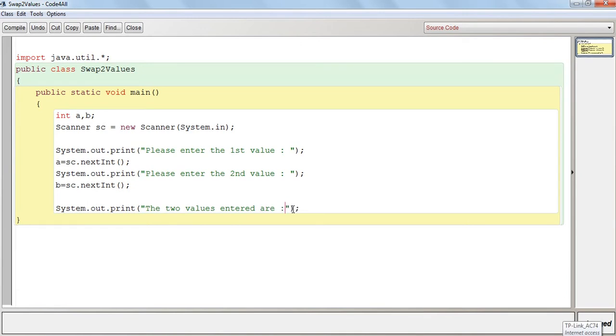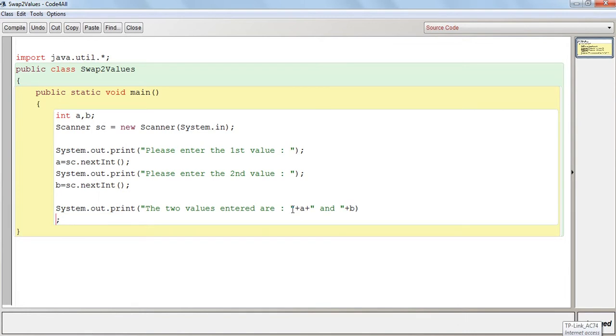Now what I believe is that your output must be proper, with proper messages and all, so that it is readable to the viewers and they can easily understand from it. Okay, now we'll swap.